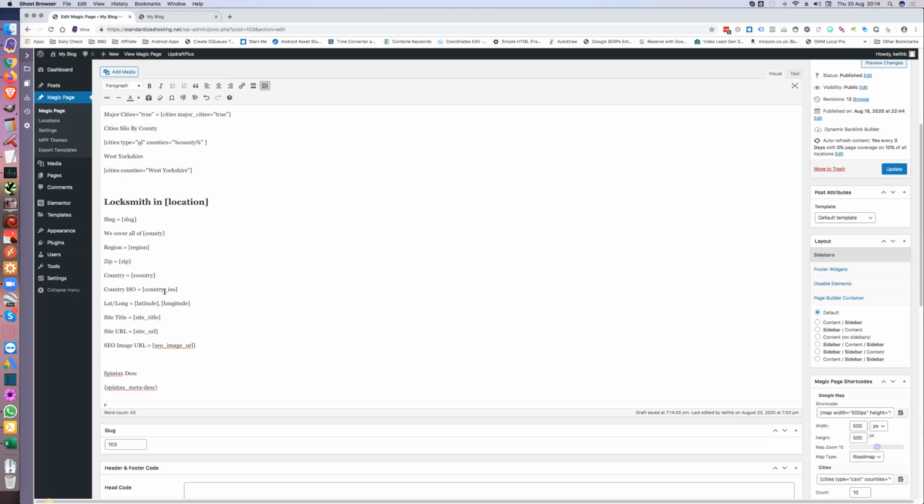Country ISO is the ISO code for your country. Then there's latitude, longitude, the title of your site, the URL of your site, and your image URL. These tend to be used more in things like your schema. So if I update that now,